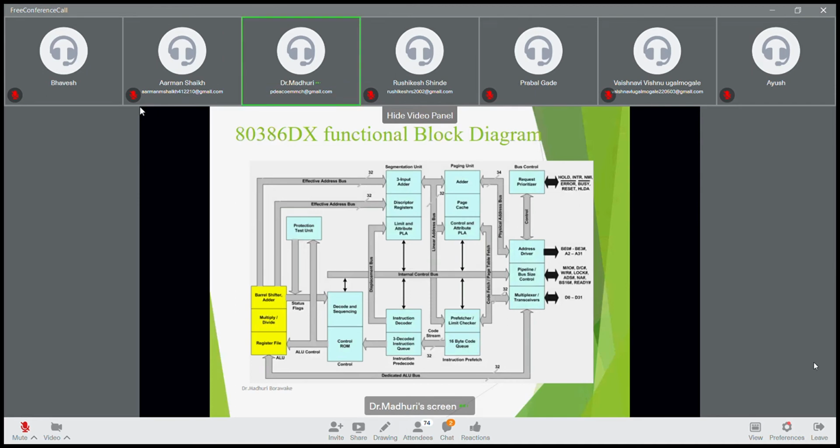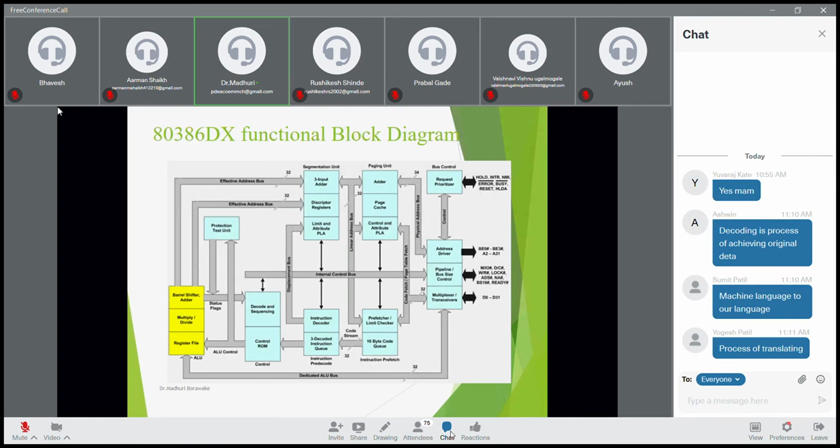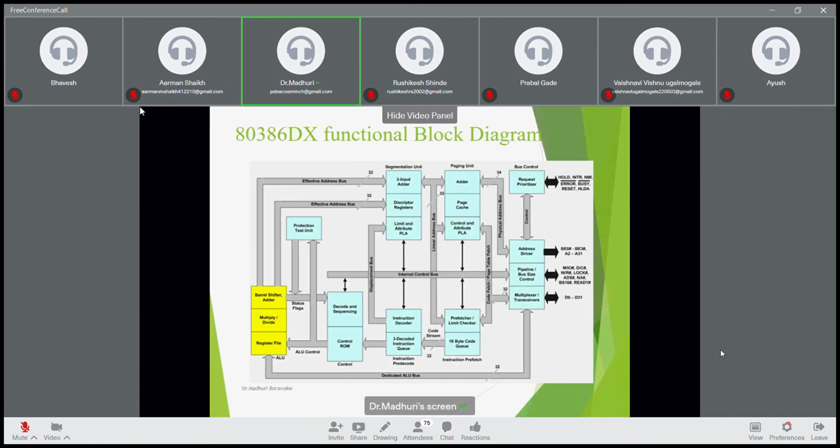This is the one clue. बोला पटकन लवकर. तर डिकोडिंग मध्ये कसं असतं, पहिली सो